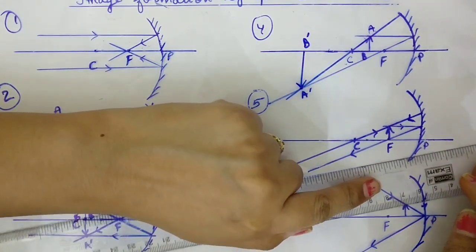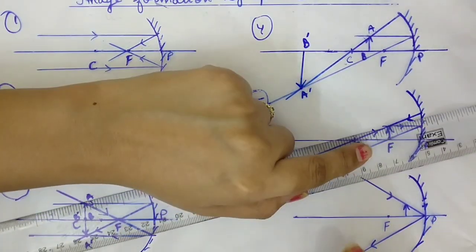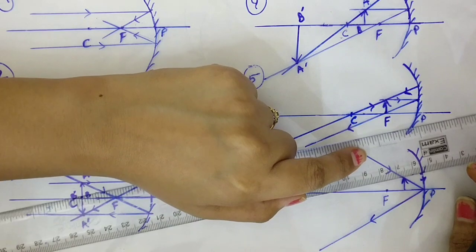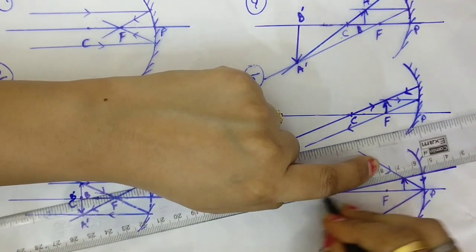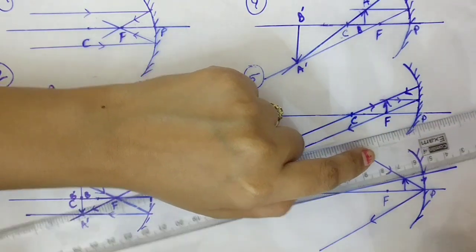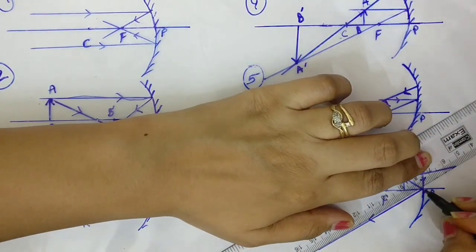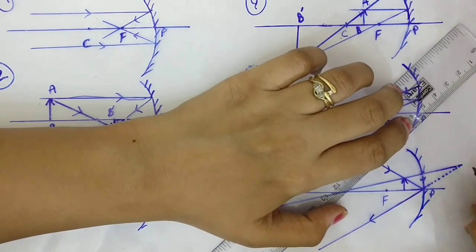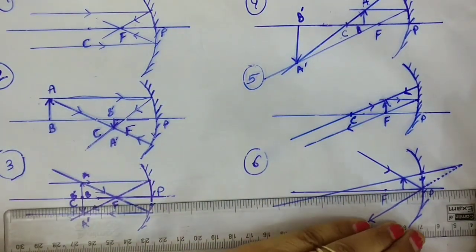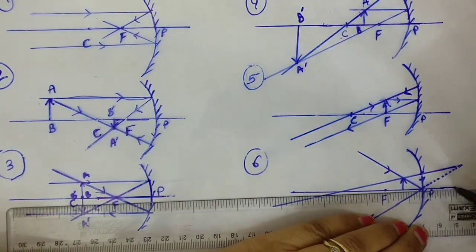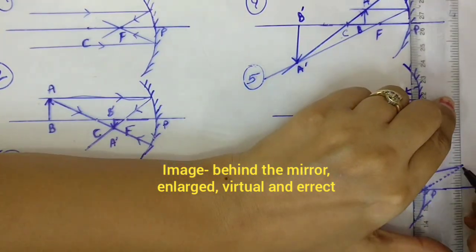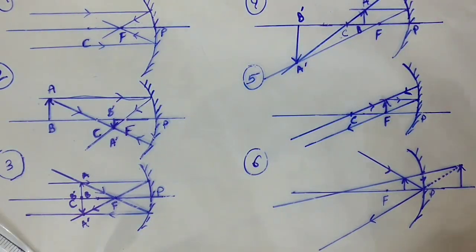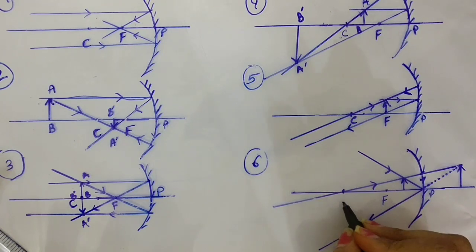Another ray, of course, I'm going to pass through the center of curvature. Again, I have not mentioned C before. So I'm going to make the rays first. If I extend the rays on this side, at the point of intersection of the two reflected rays, we are going to form an image. But in this case, the image is virtual and erect, because an erect image is always virtual. So now I'm going to mention my point C.